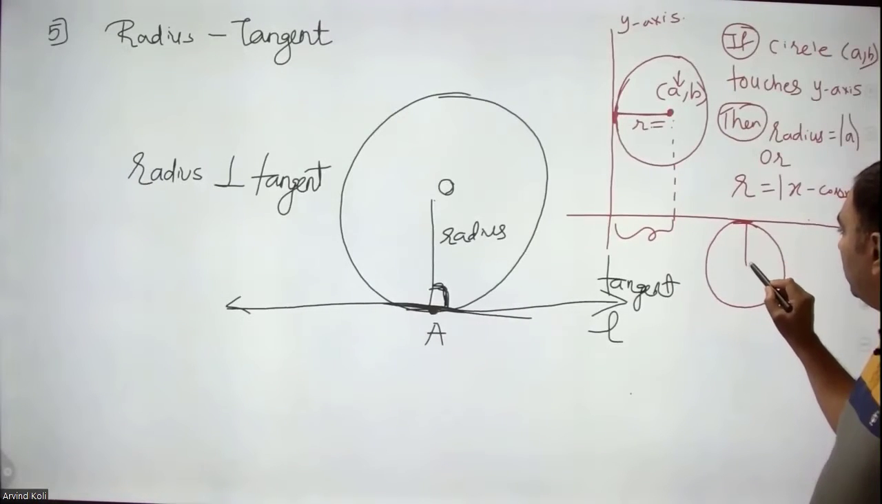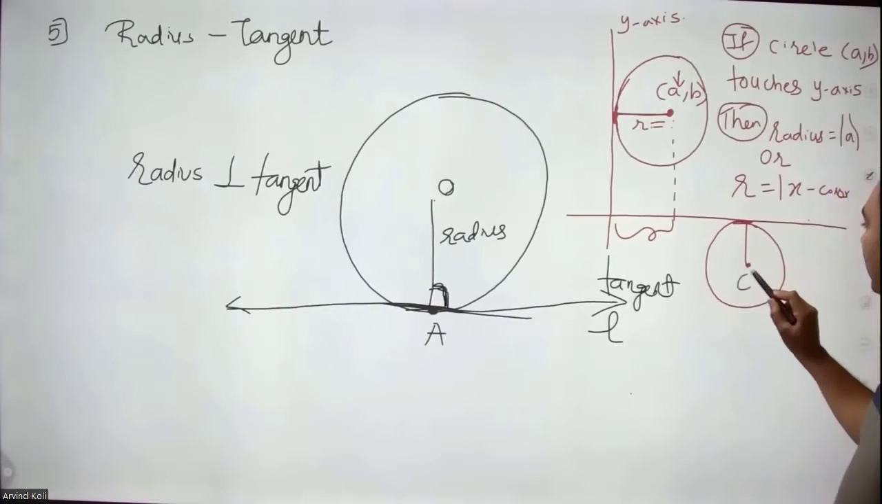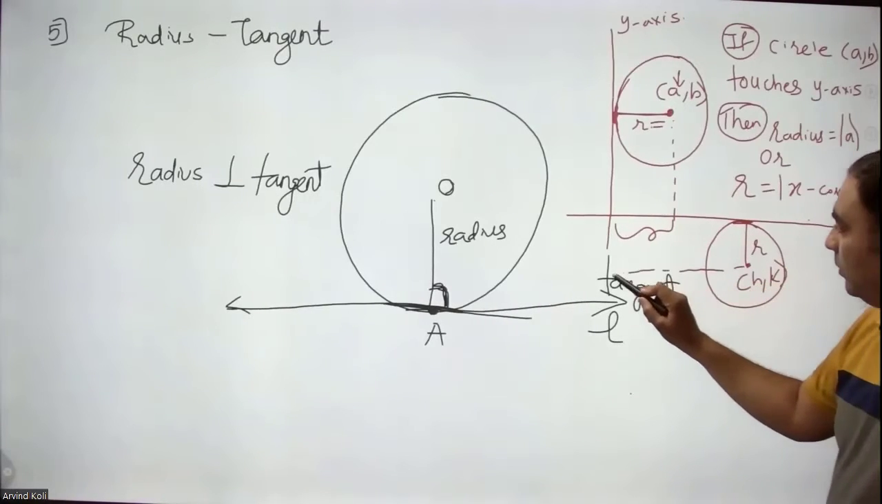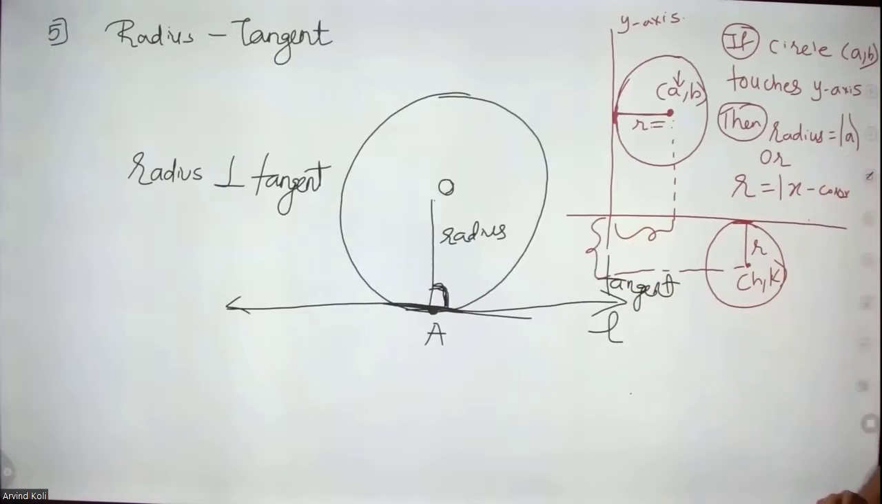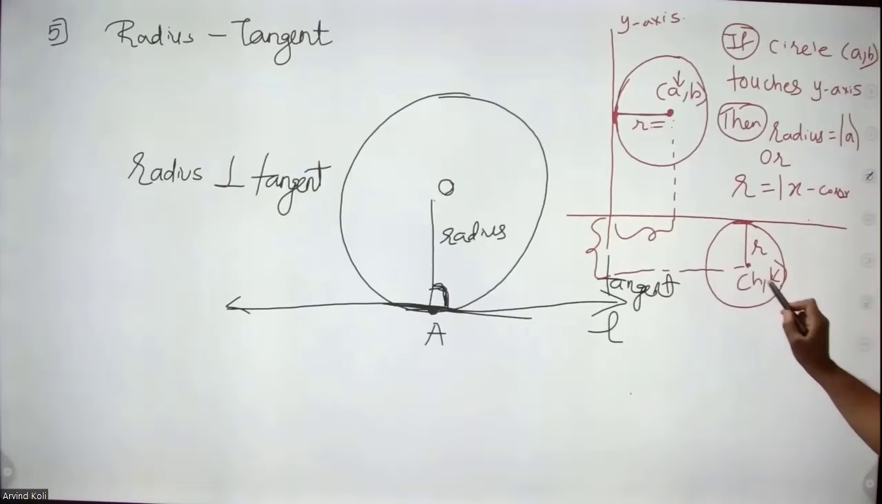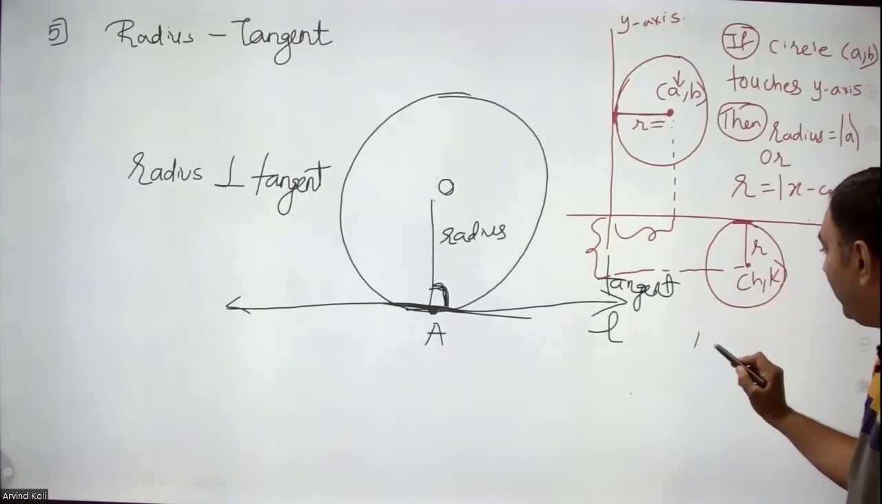Now, students, let us say the center is h comma k. In that case, this radius would be equal to this distance. Am I right? This radius will be equal to this distance, and this will be corresponding to the y coordinate. Okay, so I'll say radius